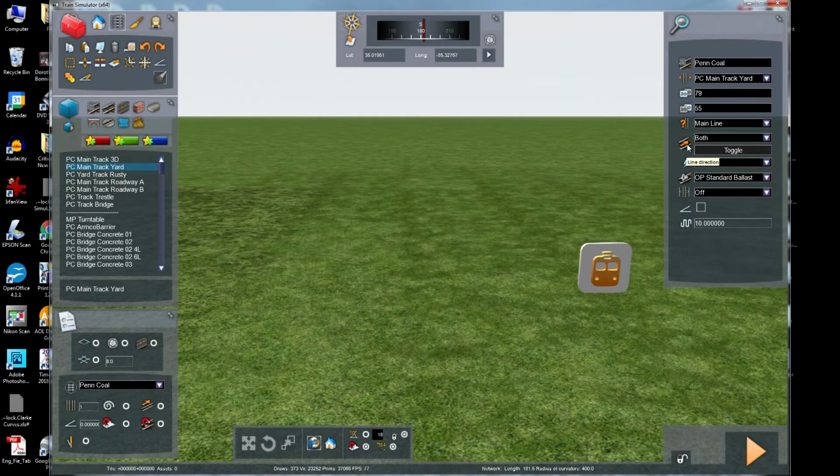The line direction, meaning we can go in both directions as we're constructing the track. It's not a one direction only track, I guess would be the way to put that. And there's no electrification in Chattanooga. That's what this stands for. Overhead wires, third rail, fourth rail, none of that. Standard ballast, and I don't think we need to worry, we'll leave that off. And super elevation, we'll leave this